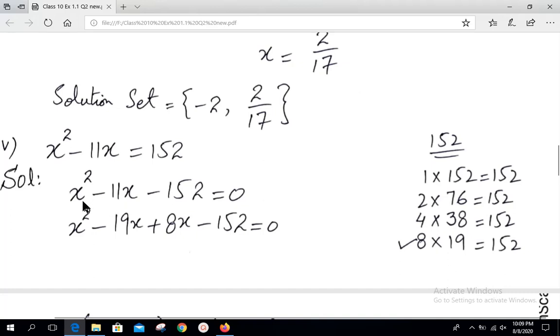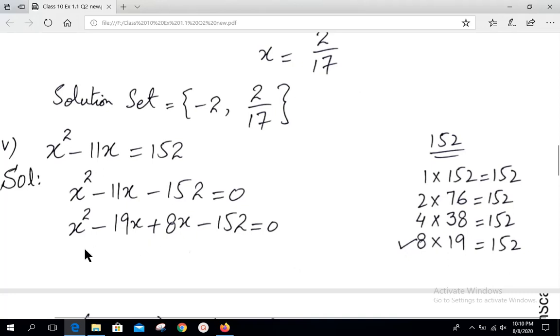Viewers, notice over here that now the middle term as well as the third term both have sign minus. So in this case, your rule says that as you are multiplying the third term with the first, that is positive sign with the negative sign, so again you need two different signs over here to make minus 11x. This is possible, a very easy rule. The middle term sign is minus, attach the middle term sign to the greater number and the other sign to the smaller number, you are on the right path.